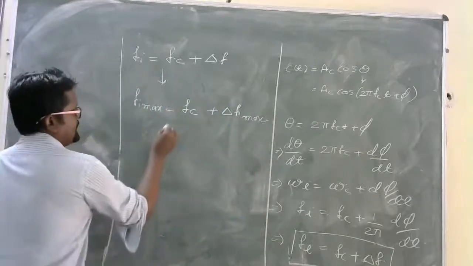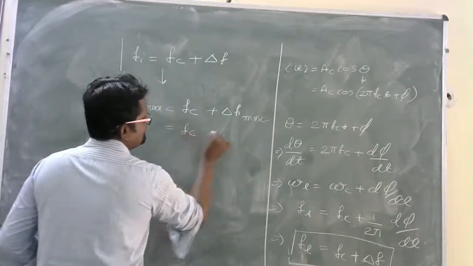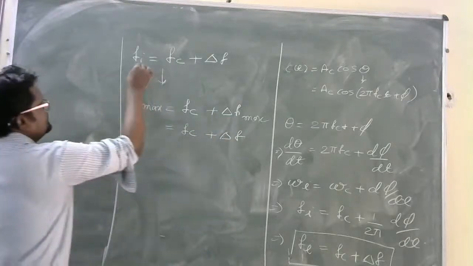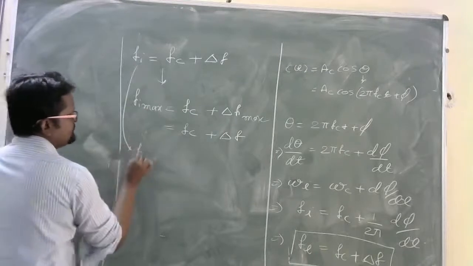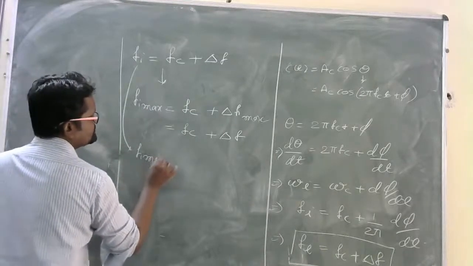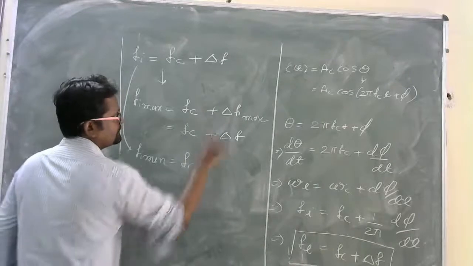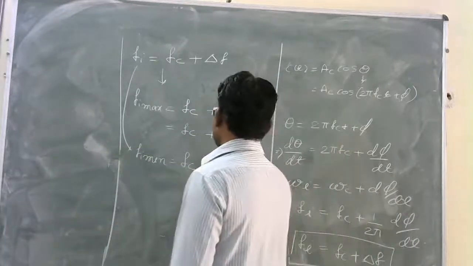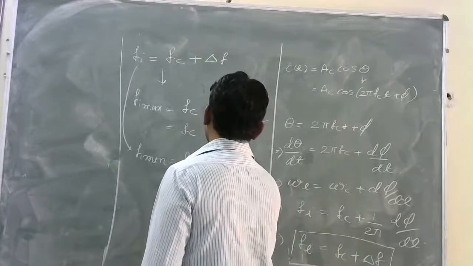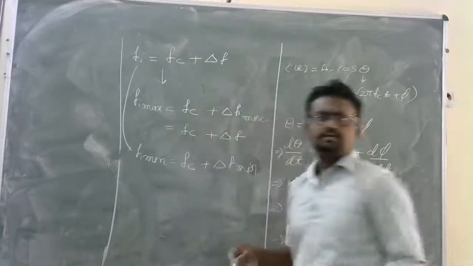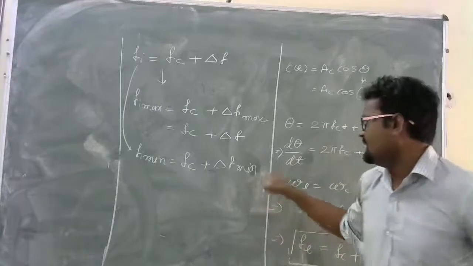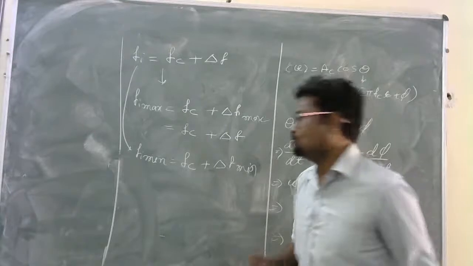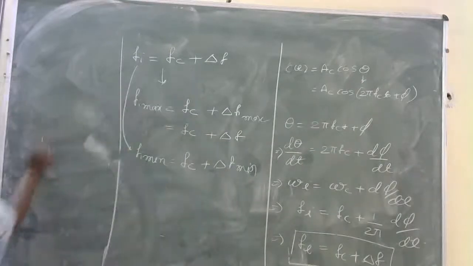Clear? I can represent it as Fc plus del F only. When will I get the minimum instantaneous frequency? When the frequency deviation is minimum. So I am representing it as del F minimum. Del F minimum I can write as minus of del F. अब ऐसा मैं क्यों बोल रहा हूँ, ध्यान देना।